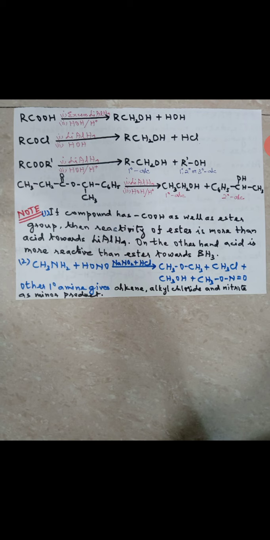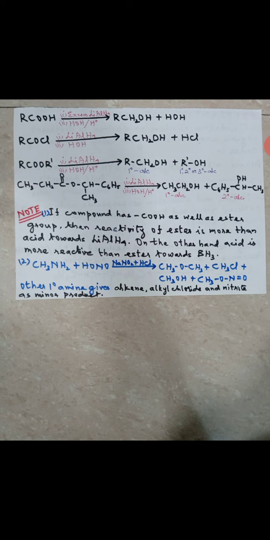But RCHO, the aldehyde, is an unstable product, mind it. It's not a stable product in this case. If you want aldehyde, then you have to change the reducing agent. That you will study in the aldehyde chapter. I'll teach you. Got it now? Clear? The questions which may come into your mind, I am discussing here. Because if I were saying this in the class, I would have asked you and seen whether you are able to say the answer or not. But here there is no means.